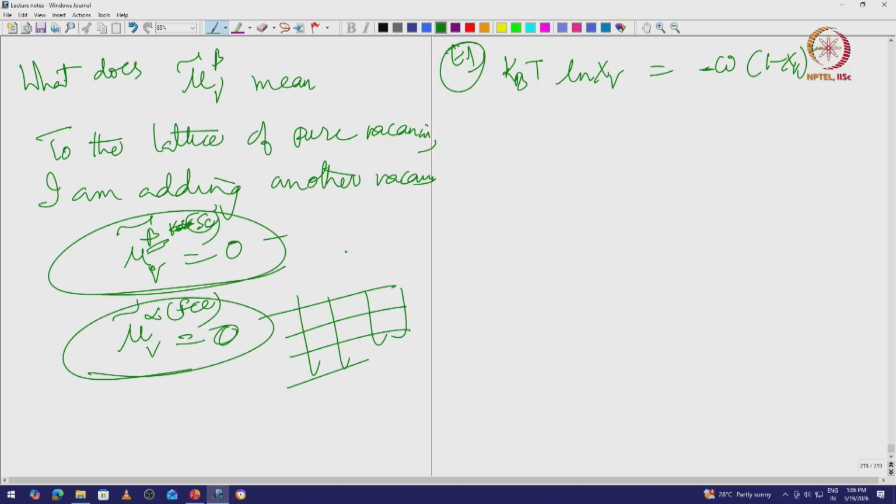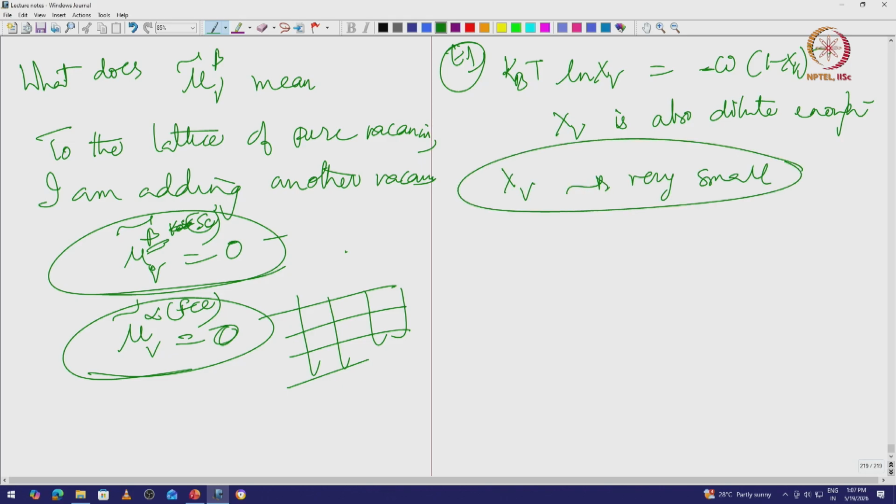Now, I am going to use this fact that xv is also dilute enough. I am not going to put 50% of the lattice with vacancies, then I do not have a lattice, right. Maybe less than 1%, right, so vacancy concentrations are typically very small. So, I am going to use that fact and say that kBT ln xv is equal to, I am just going to approximate this to be 1. They are very small compared to 1,